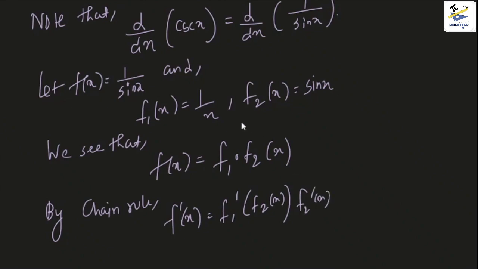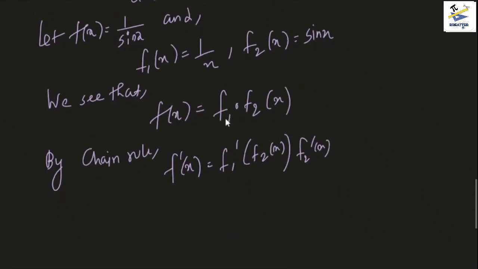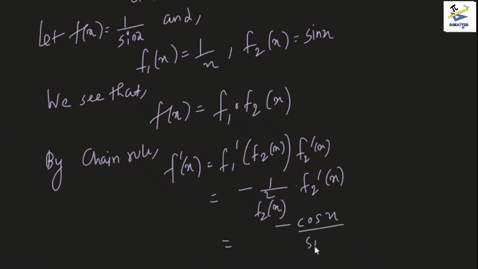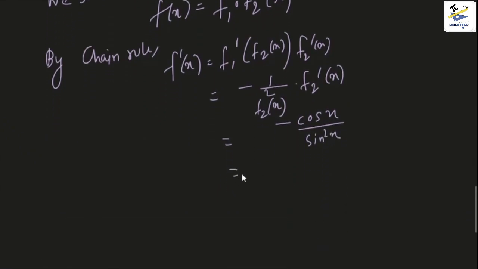Now we know that the derivative of f1 prime x is minus 1 by x squared, so this will give you minus 1 by f2 x whole squared into f2 prime x, which is basically cos x, and f2 x was sin x, so this becomes minus cos x by sin squared x,